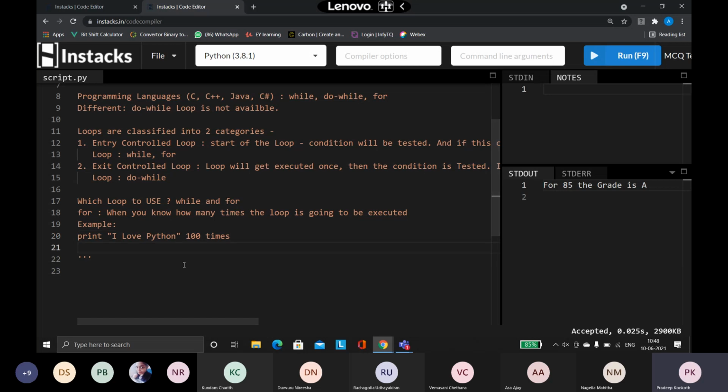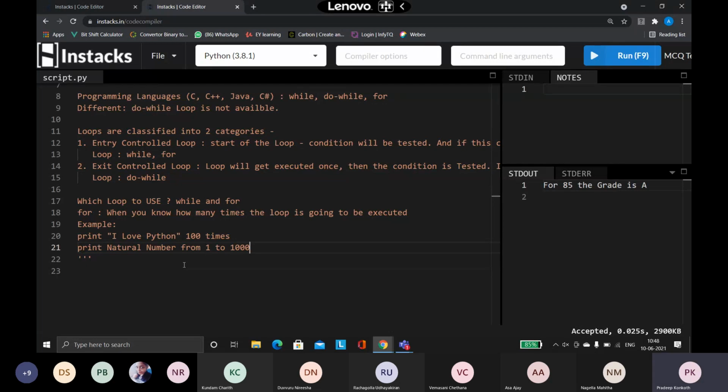Say for example, I am saying print natural numbers from 1 to 1000. What are natural numbers? 1, 2, 3, 4, 5, 6. Those are your natural numbers.